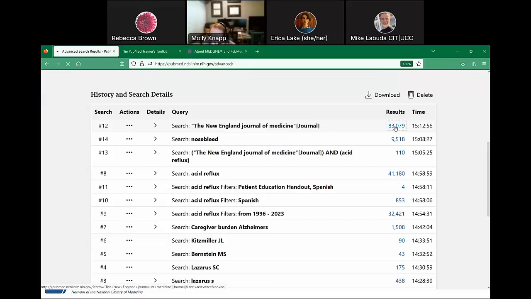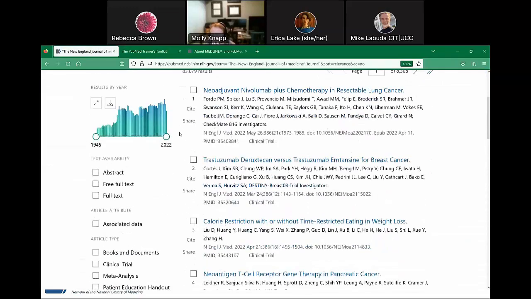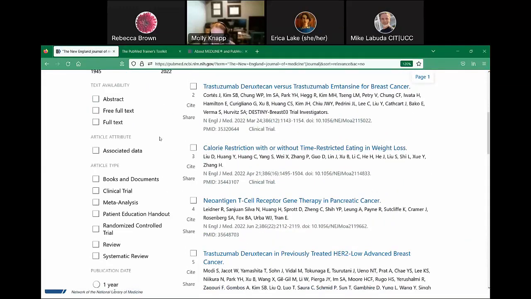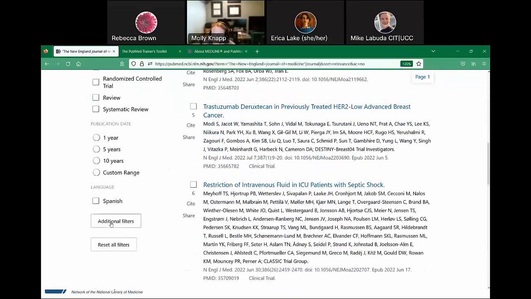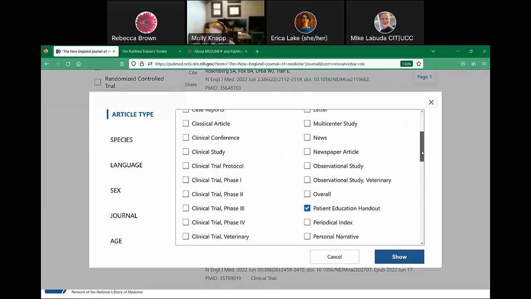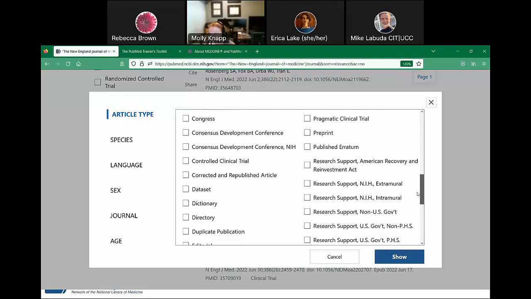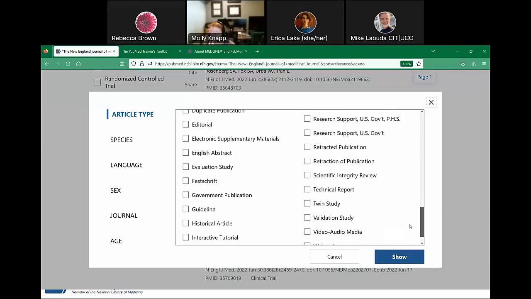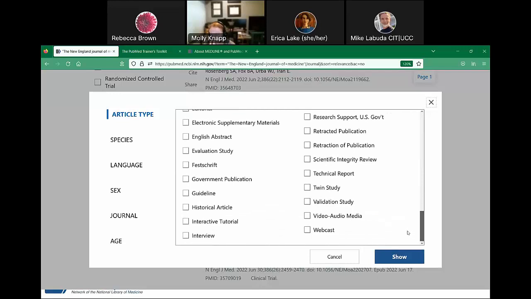Yes, that is a great question, and I'm wondering for the person who asked that question if you might want to explore the article type filter and specifically go into additional filters. There are so many different article type filters. It might be worth looking to see if one of those would fit what you're looking for. Another